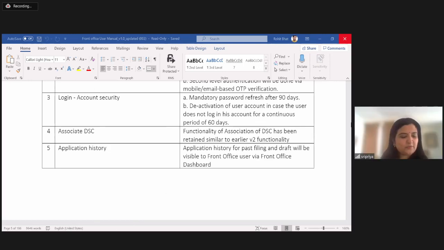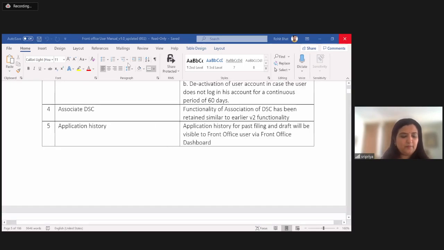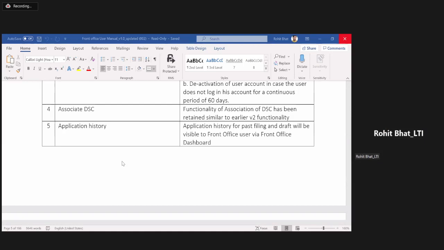Sure, that was very clear. So that's when we get these Google form complaints saying associate DSC is not working. It's actually working, but it's taking 1 hour to sync. Just from a number perspective, there are 9,000 plus DSCs, if I count today as well, that have been associated as of now. So there is no problem with the DSC associations in the current version which we have released. Whosoever is facing a problem, the syncing will happen on its own. There's no problem. You can go to V2.